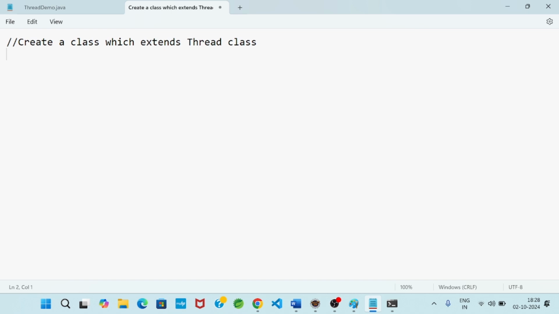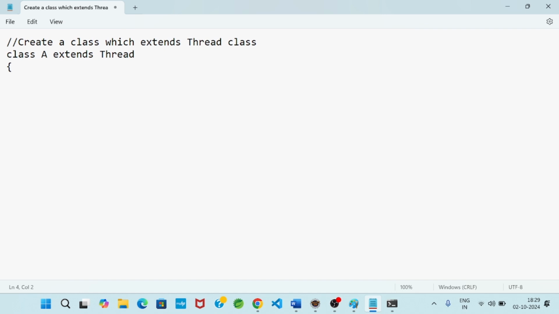What I told, there are two approaches. This is one approach: create a class which extends the thread class. The extends keyword is basically meant for inheritance. Suppose I write class A extends Thread.